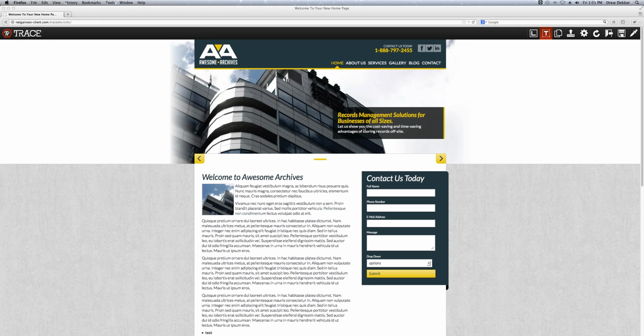Everyone, welcome to another Trace Content Management System tutorial. Today we're going to be talking about the main image slider. Now this is usually found within the default template of your theme. So to get started, just simply log into Trace Content Management System, make sure that you're in Trace View and